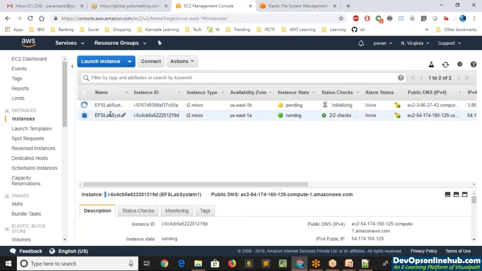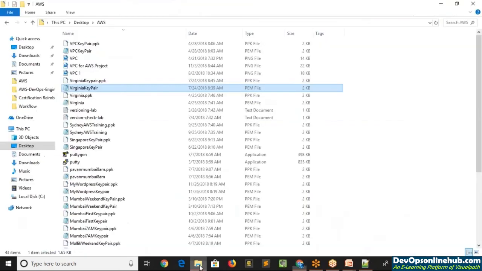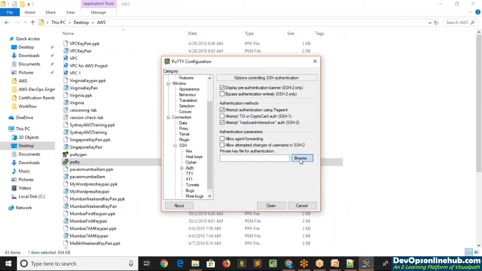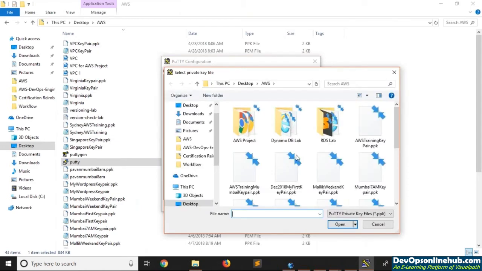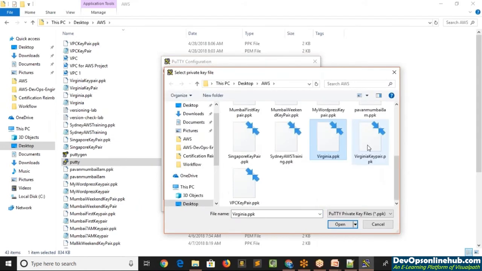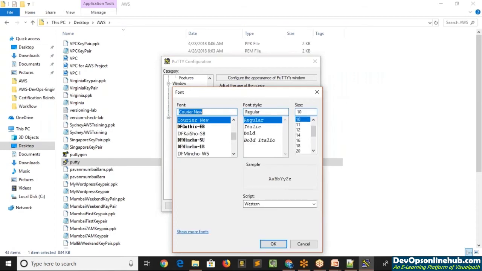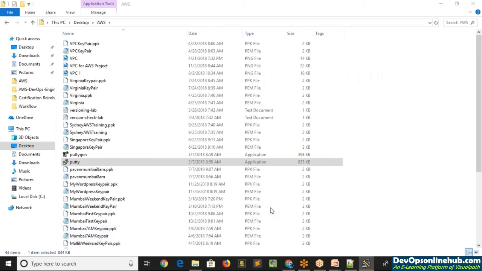So I'll copy the public IP address and go to the PuTTY terminal. I'll quickly change the font size and then attach the key pair file and then open the server.